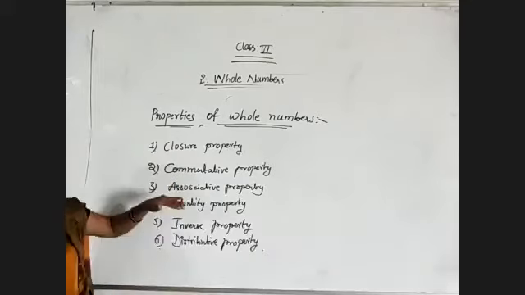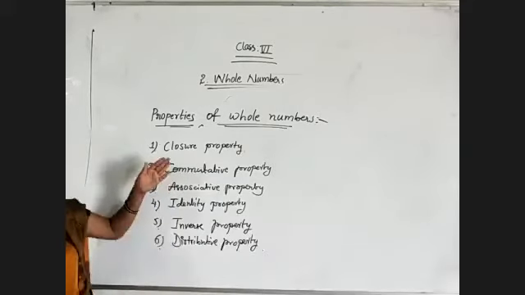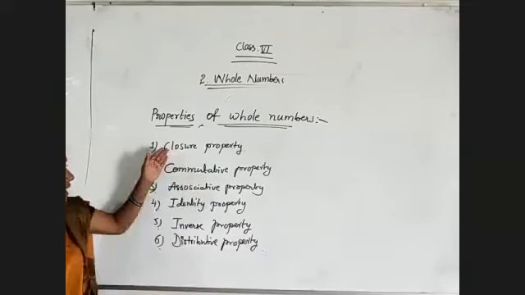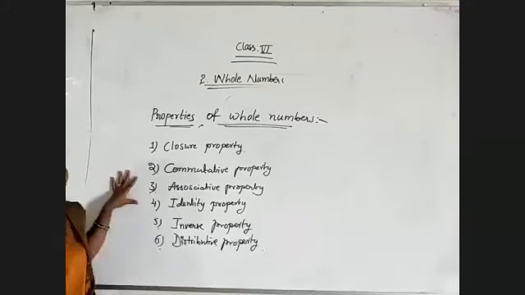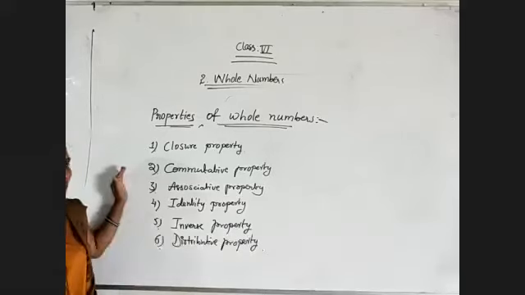And coming to the next, after integers we will get rational numbers. Again there also we will get these many properties only. So these are the basics now. First you need to understand a clear idea about these properties.